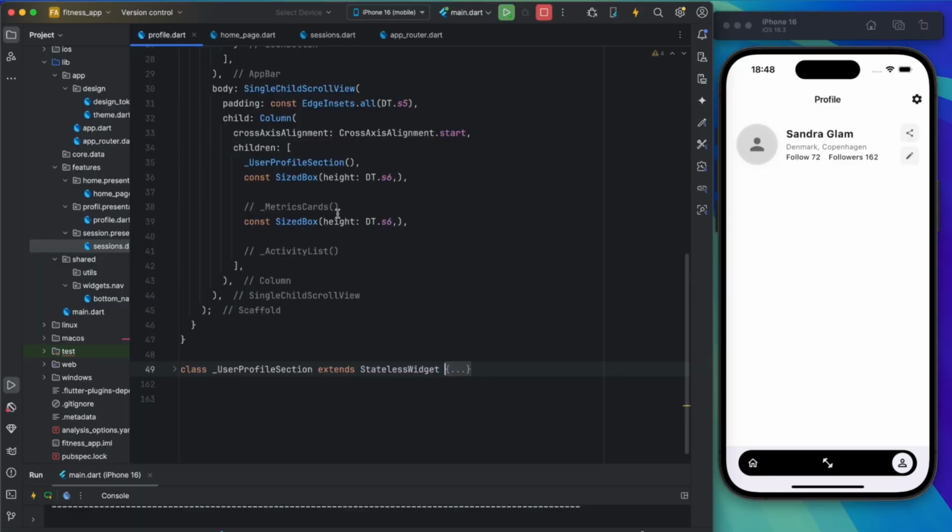So if you just come up there, you can just enable this and say